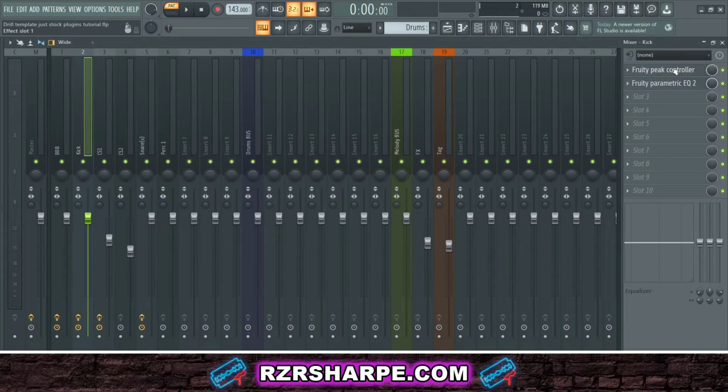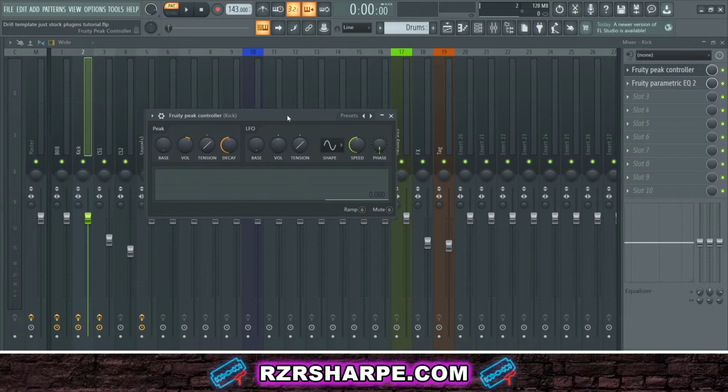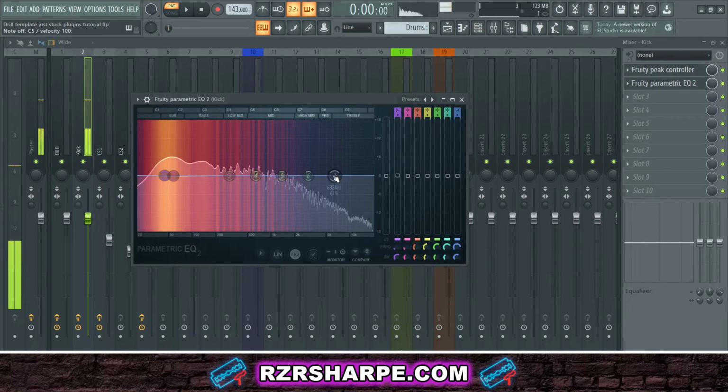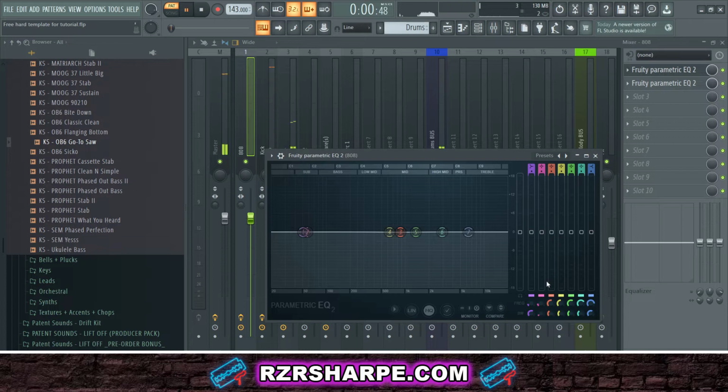So the first thing, there's a Fruity Peak Controller added to the kick, as well as an EQ. The EQ on the kick is there mainly to see what frequencies the kick is playing at the most. So as I play it I can see from the heat map it's around the late 40s, early 50s range that the kick is playing at. So what I need to do is go back to the EQ for the 808, move band 2 to that same range,